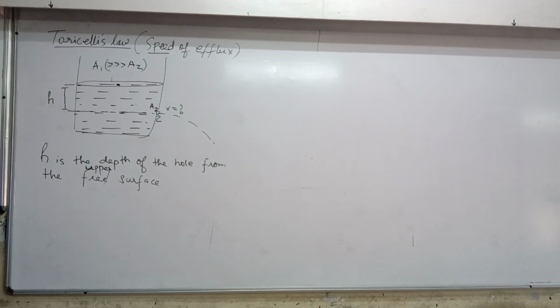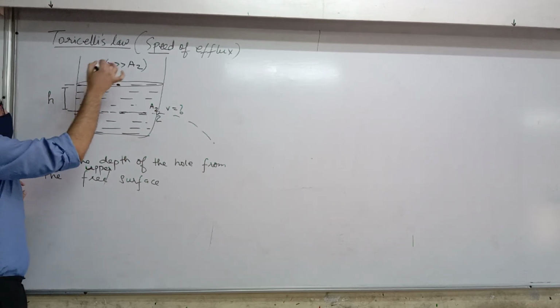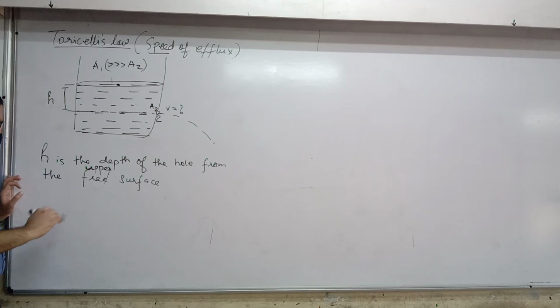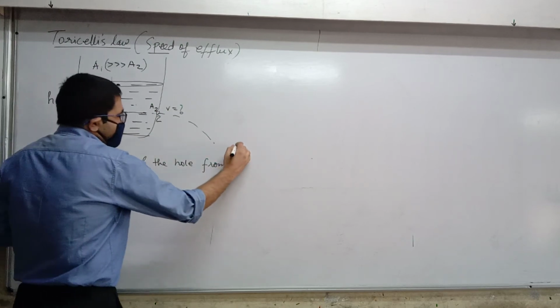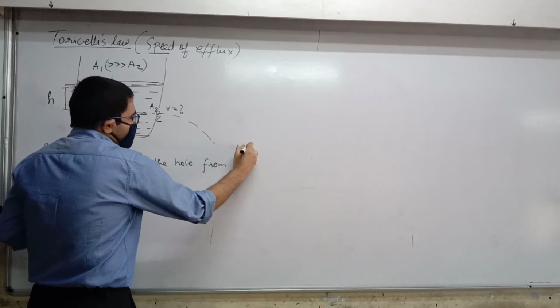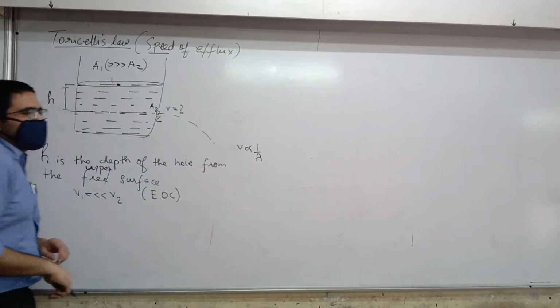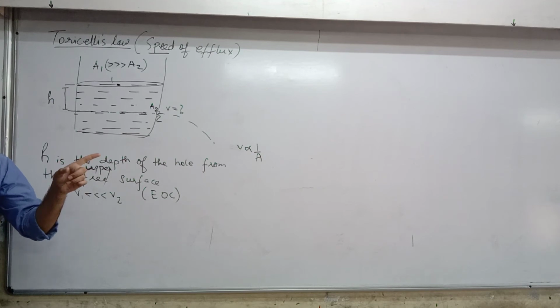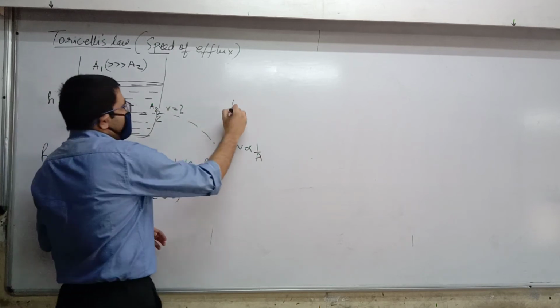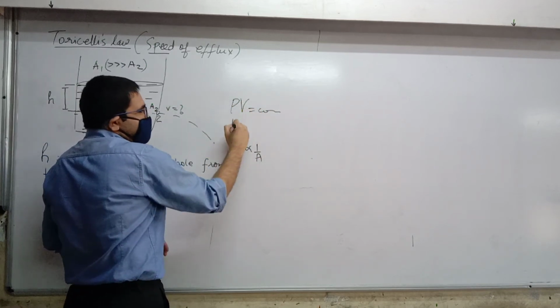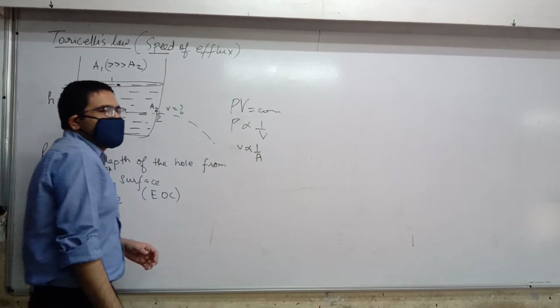Okay, now, because A1 is much greater than A2, do you agree that if we use the equation of continuity, we should get this? Yes. This is from the equation of continuity. Again, the idea is that the equation of continuity tells you that v is inversely proportional to area. How is it? A into v equal to constant. So, okay or not okay? Yes. Right? Then, come on, it has come up in chemistry. Boyle's law. PV equal to constant. That means P is inversely proportional to volume. That's what happened, right?